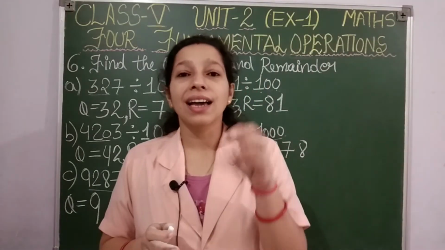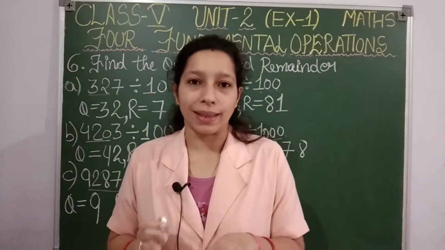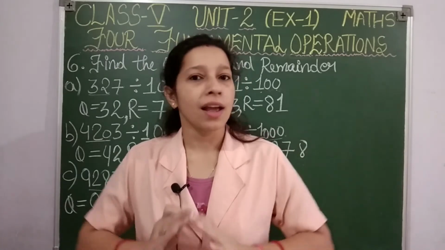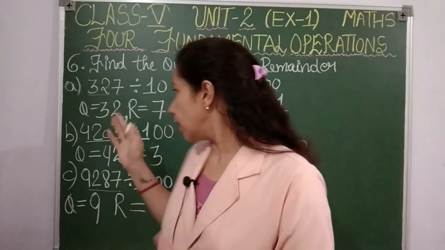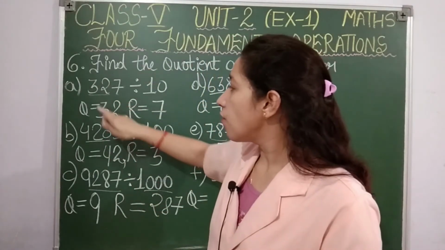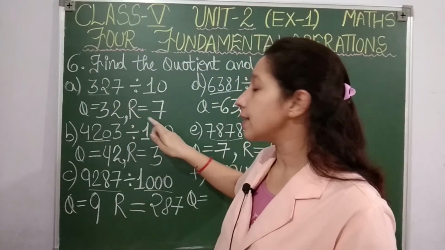But this is just the short method, isn't it? This is just a shortcut. We are not going to use shortcut. The basic should be clear to you. In the exam you should know, if you have written 32 as question and remainder as 7, what is the